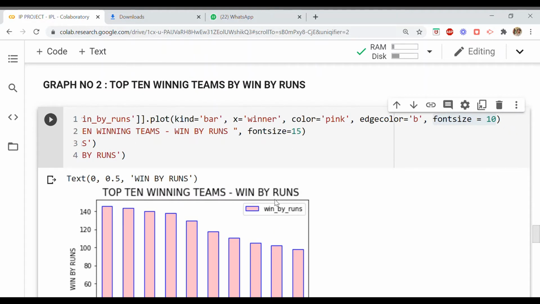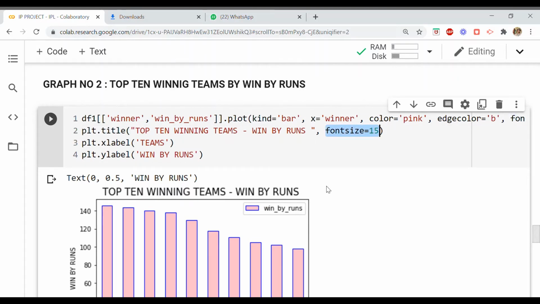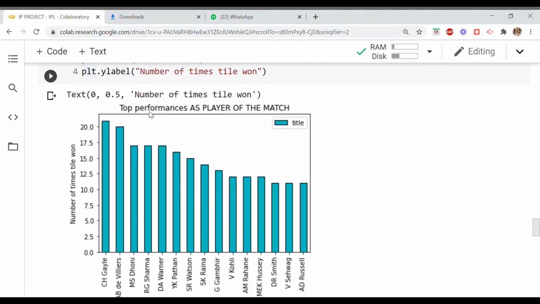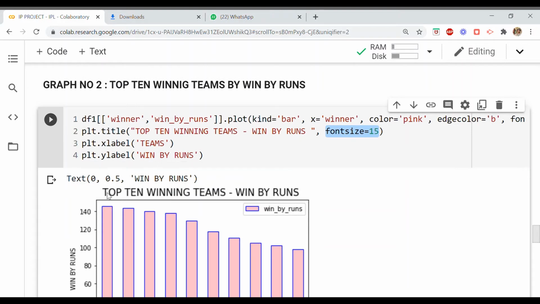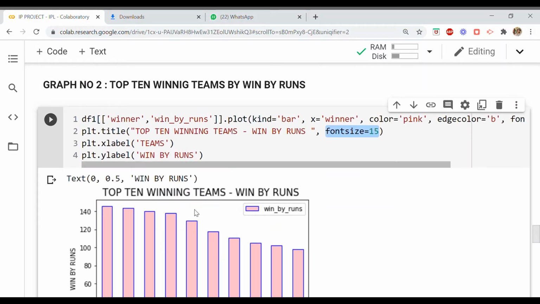Again, you can see here that in my title also I have increased my font again. Plt.title, I have given this argument as font size is equal to 15. So you can see here in comparison to my first graph, in my second graph, the title is comparatively in a bigger font size. So you can increase your graph text size accordingly by passing such simple arguments. Then these simple things, x label and y label is for labeling the axis, x-axis and y-axis.